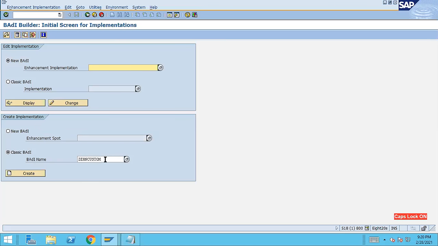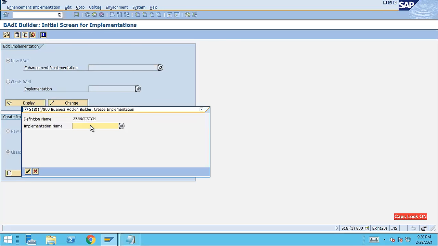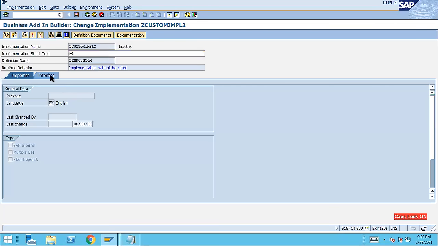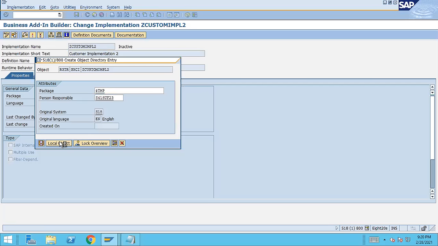Select this classic body and second implementation, Z custom implementation. It was one, and now I'm going to create custom implementation 2. Click on this OK button. Here just write custom implementation 2. Click on the save button, local object,